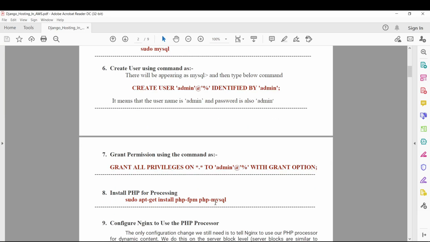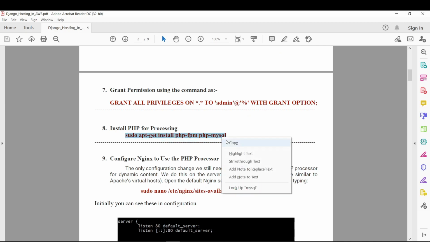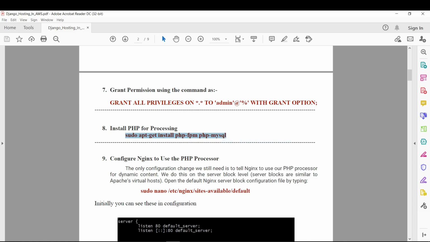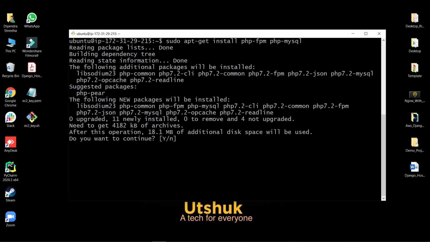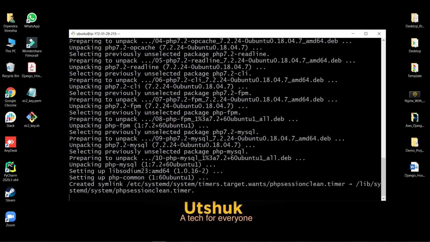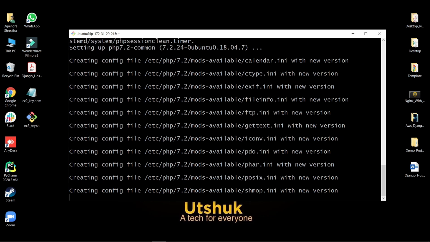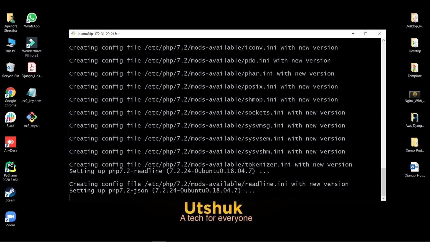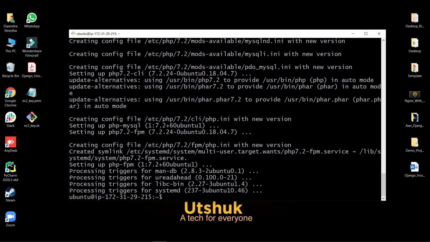After that, we'll be installing PHP for processing. In order to install PHP on our Ubuntu instance, let's copy this, then paste it here, then press Y. We need to remember what PHP version we have installed here, as we need to configure it later on in the process.